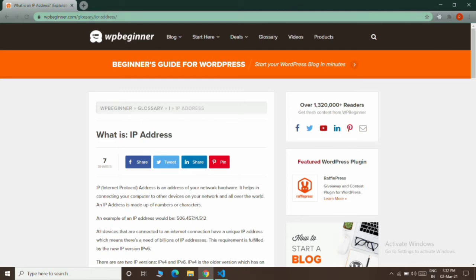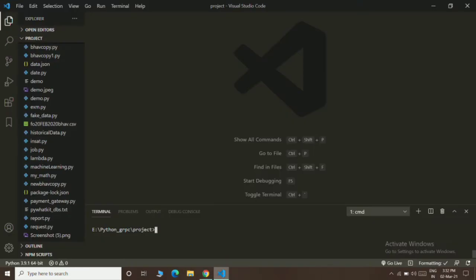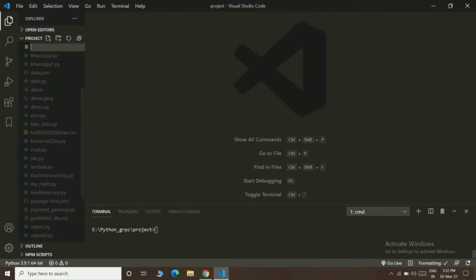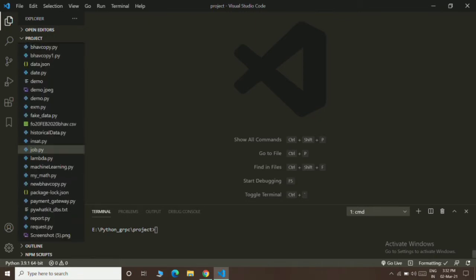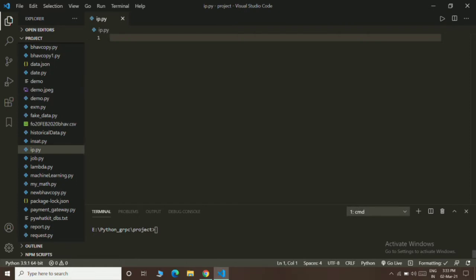So I just open my VS Code and create a new file with the name ip.py. First of all, we have to install the socket module in our system. So just follow the command pip install sockets.